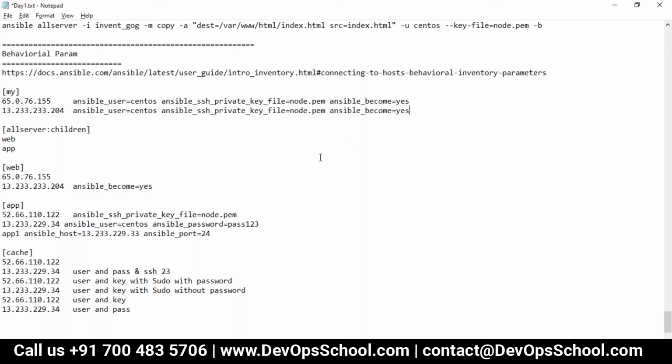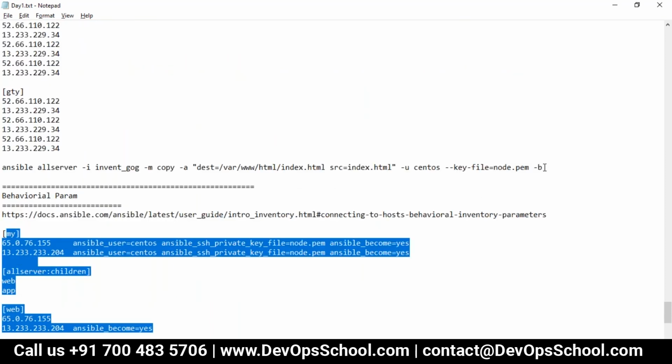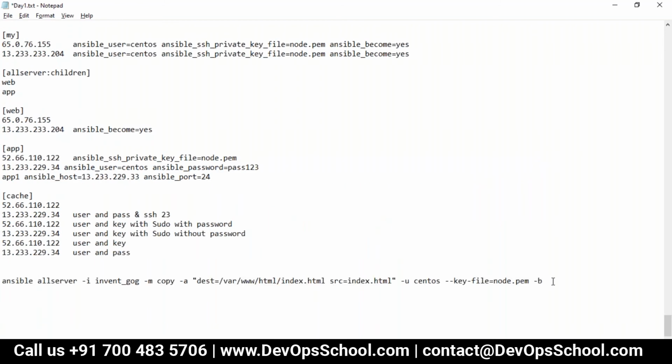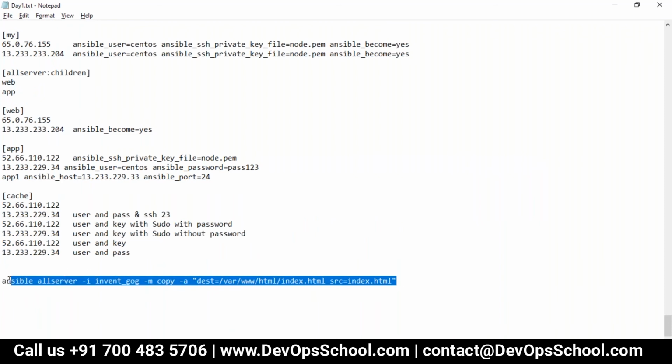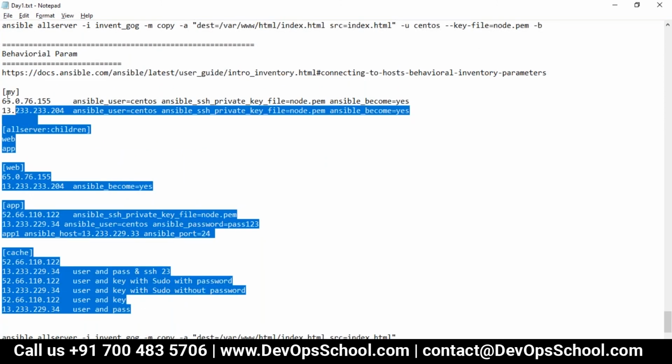So guys, now I will store this behavioral parameter, and you know what command I will run? Now I will run the command without this one, not needed anymore. See, it's become smaller now. So now this is my group. I set this, the remaining are waste, junk just for the demo.